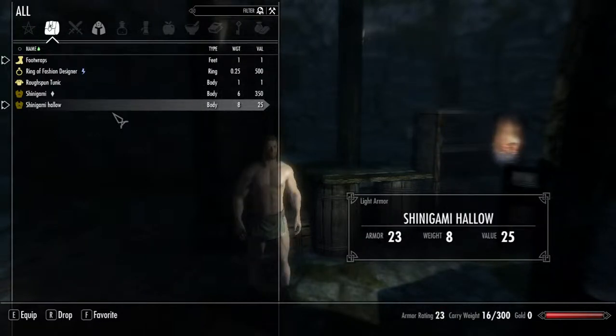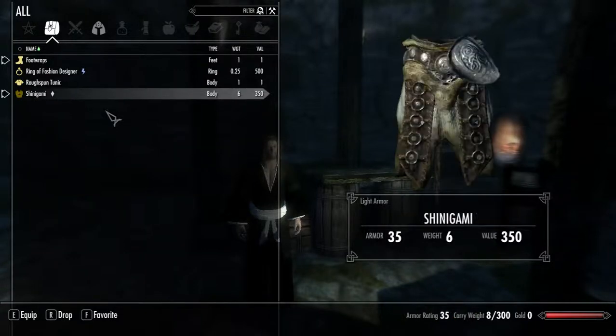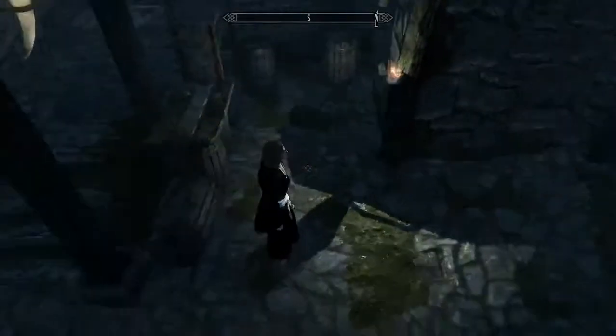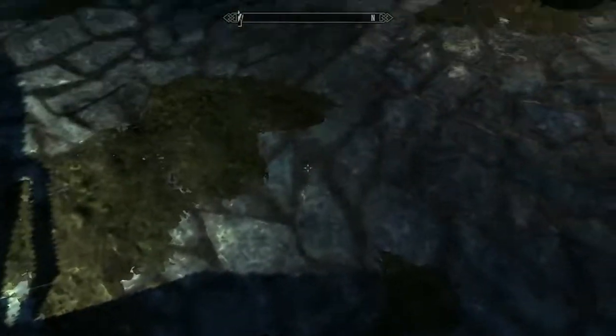Yeah, it just shows nothing there. So I think probably what I'm going to do is instead of just deleting it, I just might try and figure out exactly how to get the items,